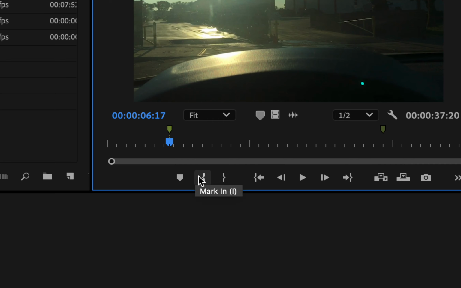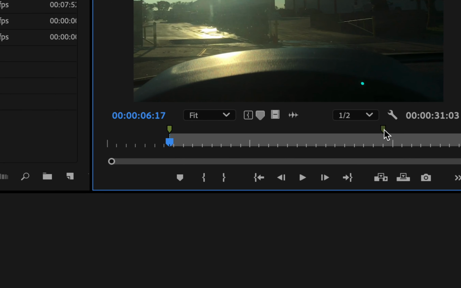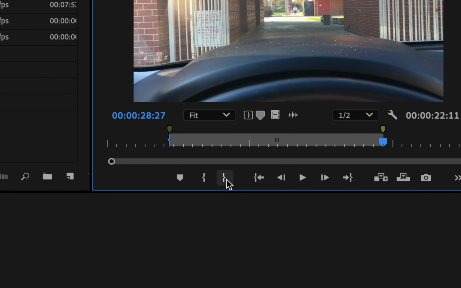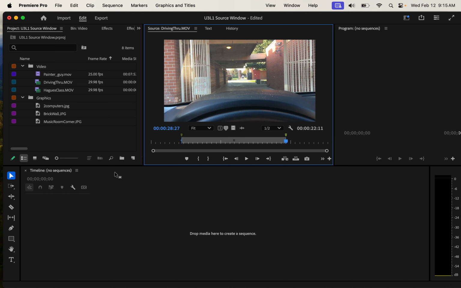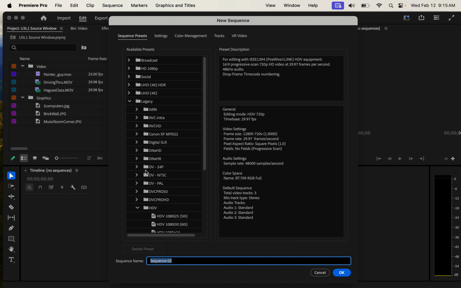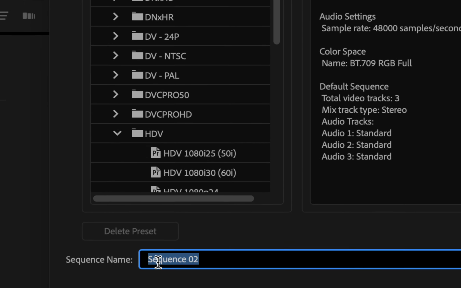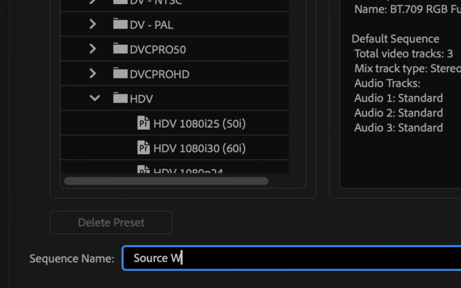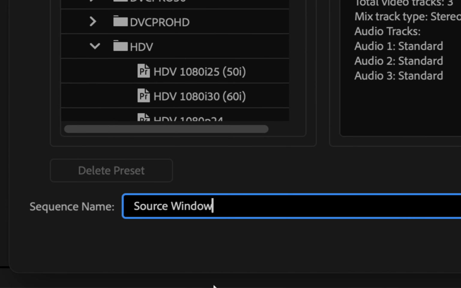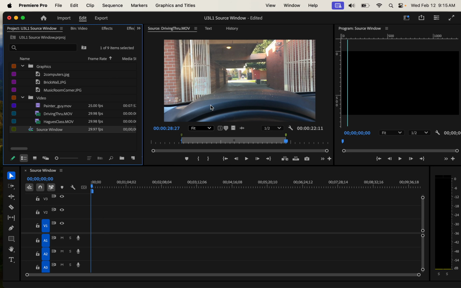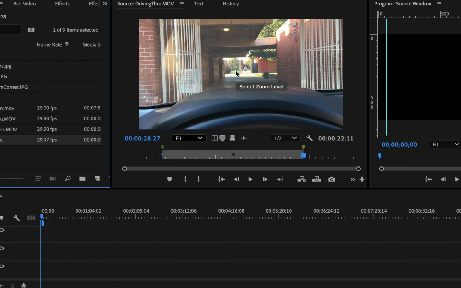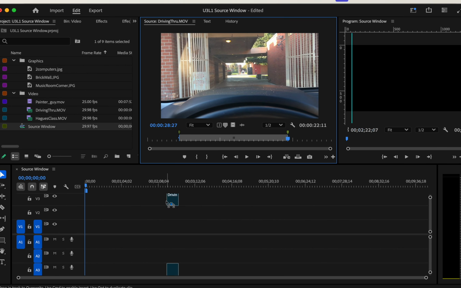I click on this marker, move the playhead there, click the in, move this marker and click here, and then if I want it, I create the sequence, and I call it source window. Okay, I'm just going to go over everything a little quickly, press OK, and then if I want the whole thing in here with just this area,